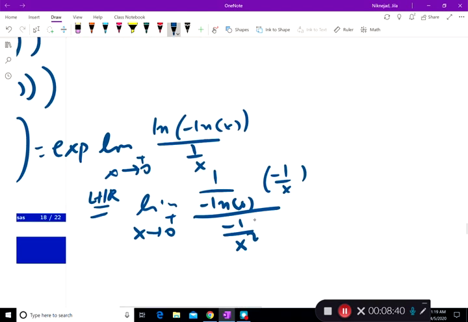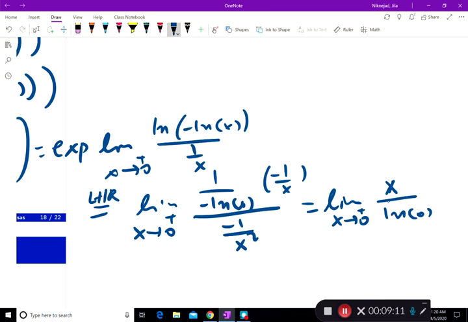Now, after simplifying, because I don't want to do another L'Hopital rule with a lot of functions sitting there, and so I simplify it one more time, and what I end up with is x over natural log of x. As x approaches